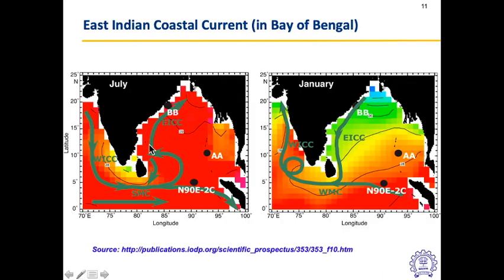This East Indian Coastal Current, or EICC, is nothing but a pool of water that moves south to north. Okay, it moves from south all the way to the north. So what does it do? Basically, it is known as a western boundary current. It pushes the warm water from south all the way to the north. And while it does that, this is in July, it creates an anticyclonic eddy.